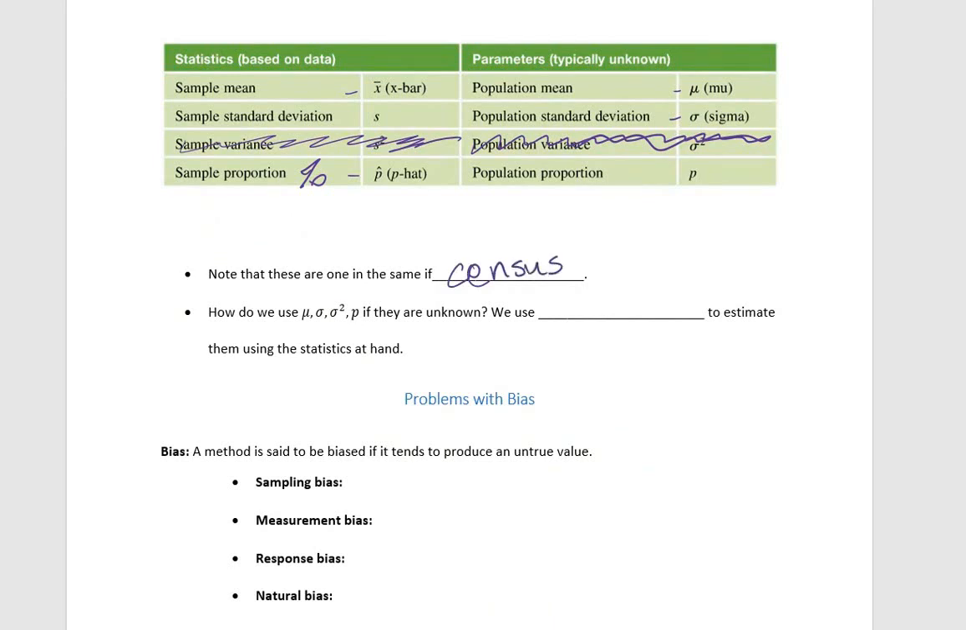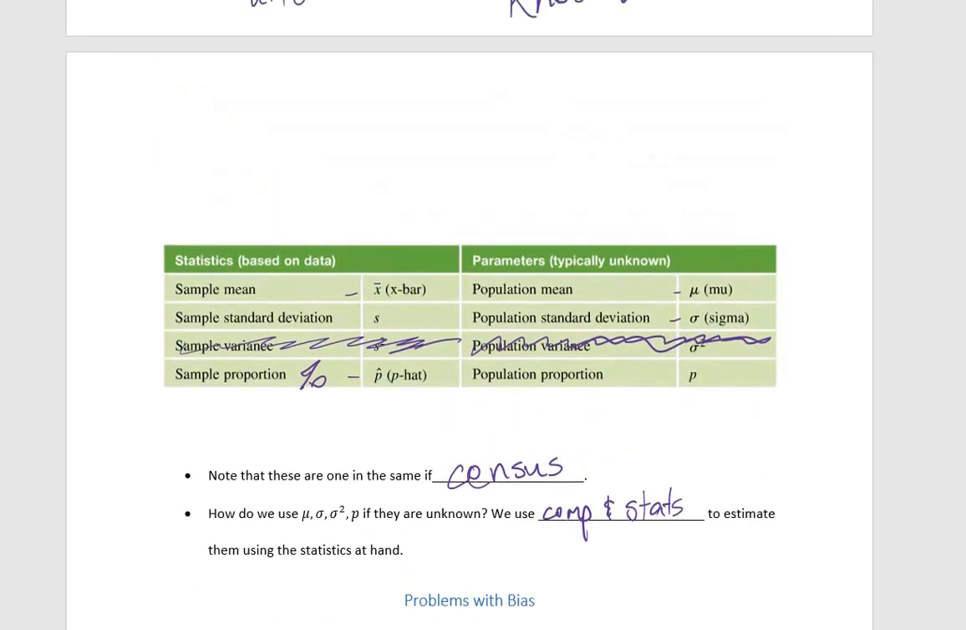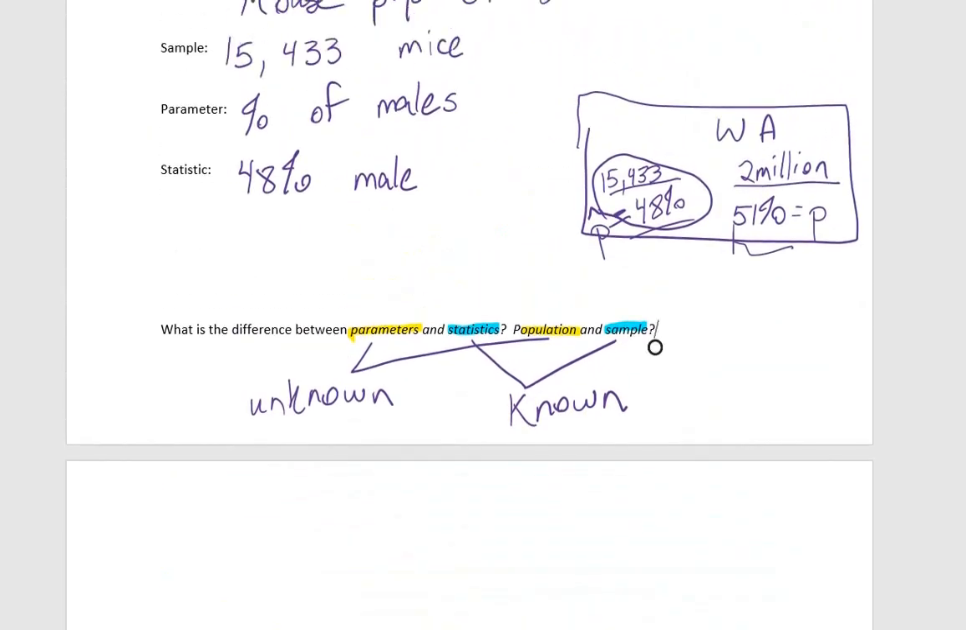Now here's the thing, how do we use mu, sigma, sigma squared, and p if we don't know what they are? What we do is we use computers and stats to estimate them using the statistics we do have. So in the last example, we would say, well, we don't know that the Washington population is 51% male mice, but we could say, hey, our sample leads